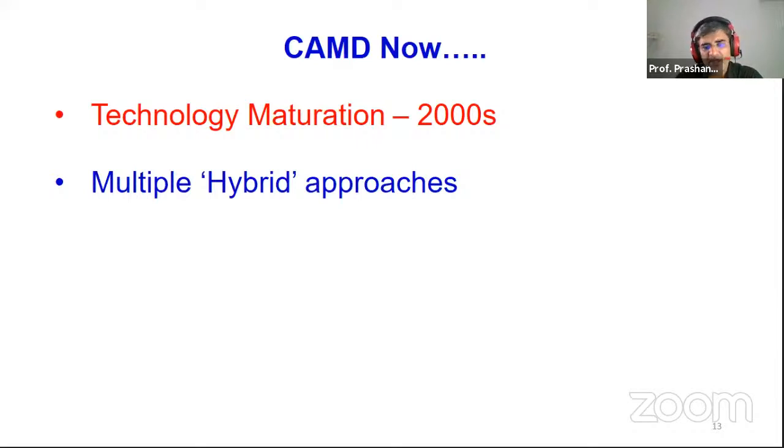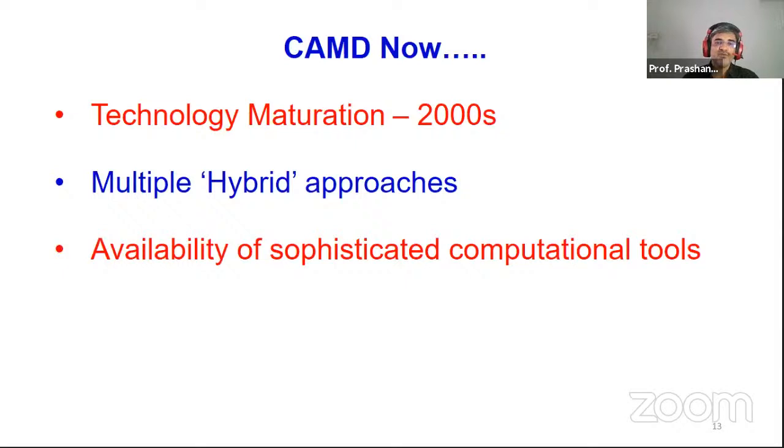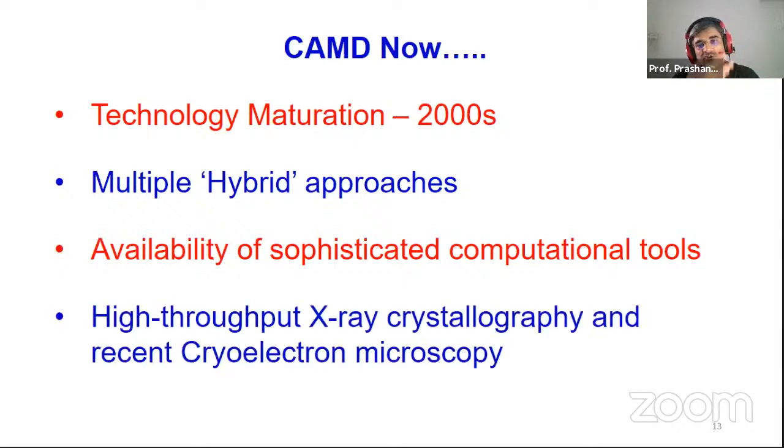So people use multiple hybrid approaches, structure-based, ligand-based, machine learning, whichever gives you better predictions and better reliance as to how the results or outcome will turn out, and that's what people end up using. Availability of sophisticated software, which was not possible before 2000, is now possible. What was earlier just a dream of a medicinal chemist or a computational chemist, now those are realities.